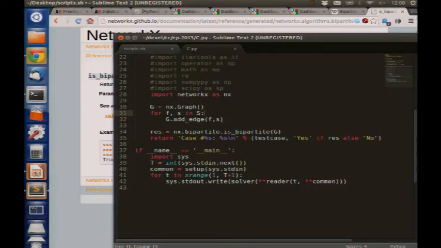Once I did that, the solution is just to ask bipartite: is this graph bipartite? Because it could be done or it could not be done. Solution, and then if res yes, else no. You always double check several times that you spell correctly what they ask for in the solution. It happens quite often that they ask for a number, or if it's not possible to have a solution, to write a specific sentence like impossible or oh, we failed or something like this. And so you have to be ready to translate your solution into the proper string.